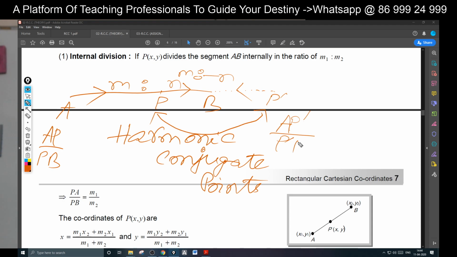So what is happening here? The direction of measurement is forward in this case and backward in this case, exactly opposite direction. That is why they are vectorially opposite, and hence you have to make one of the signs negative. So when the point is external, you have to understand that the ratio is to be taken negative because the measuring directions are exactly opposite